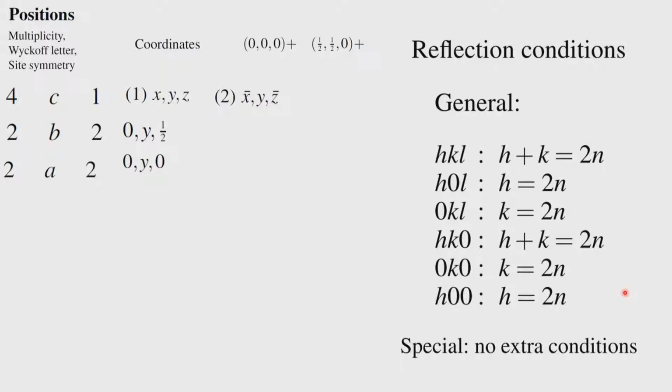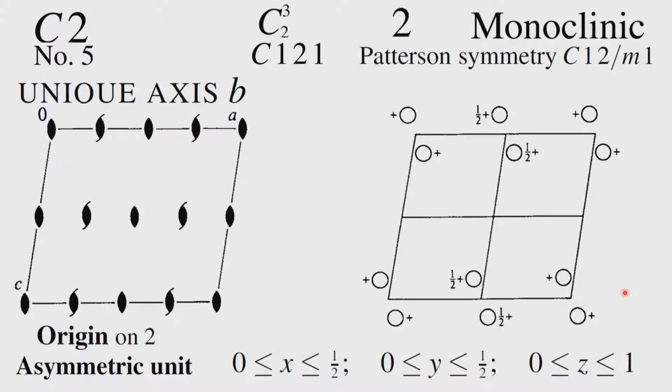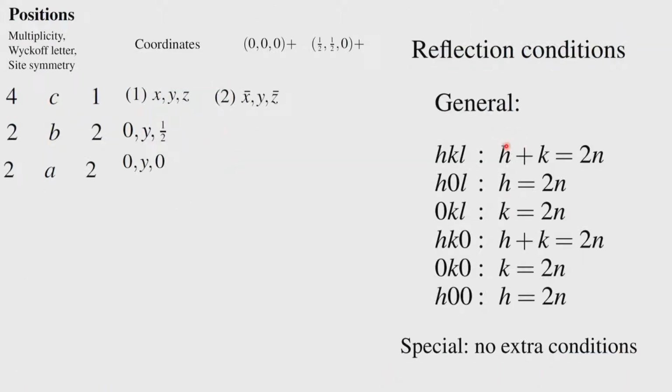We have to see this a little carefully, and you will enjoy this discussion in some sense, because you see some of the reflections which are shown here correspond to the systematic presences associated with glide planes. Now, you see the diagram here, there is no glide plane in this diagram, right. There is no glide plane in this diagram, it is only possibly the presence of the new 2-1 screw axis. But when you look at the systematic absences, you will see absences due to glide planes. You may be wondering what is going on, and this is very crucial to analyze. So, we will go through the systematic absences in the space group C2 a little carefully.